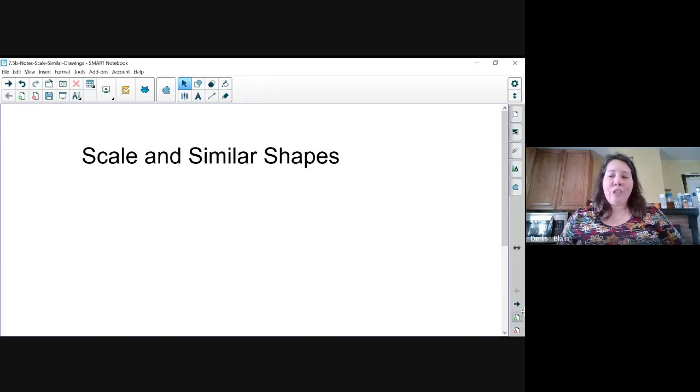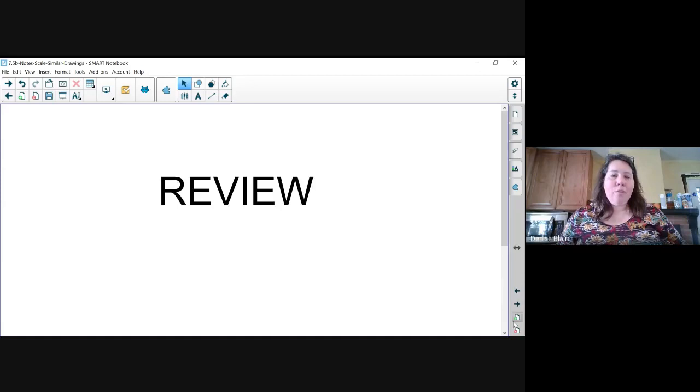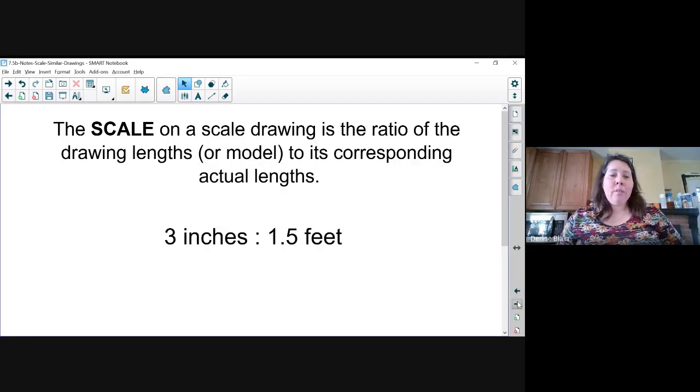Scale and similar shapes. First, I want to review what we went over yesterday. The scale on a scale drawing is the ratio of drawing lengths to its corresponding actual lengths. So we're talking about a scale model, something small representing something large. So like a dollhouse representing a big house, or a model car representing a big, actual car that